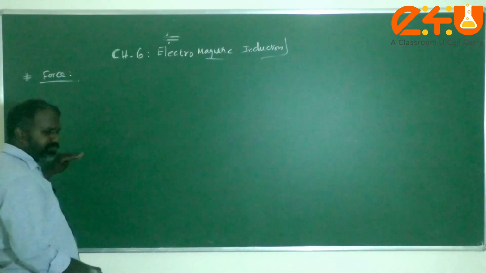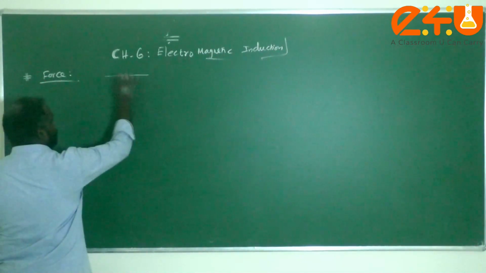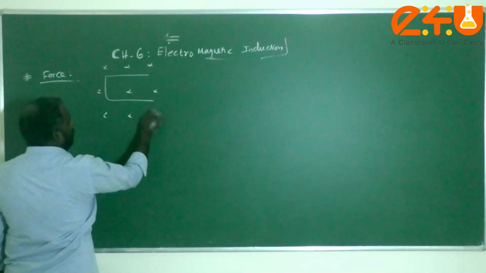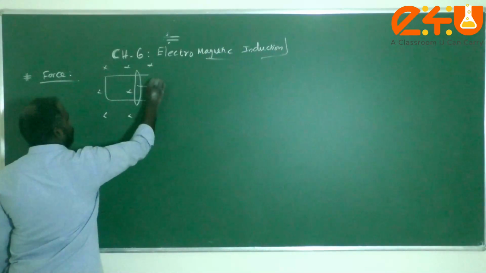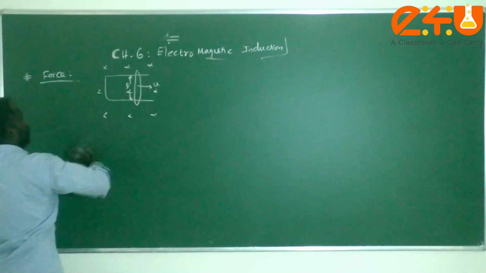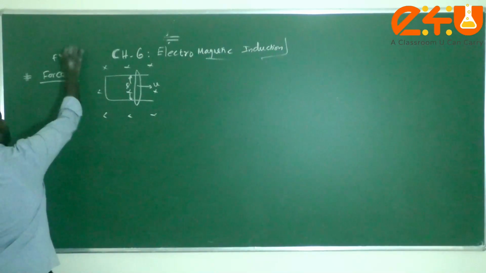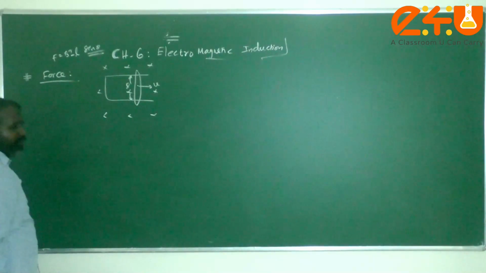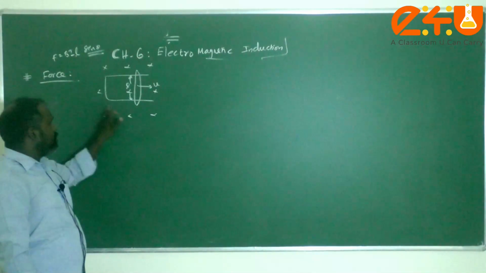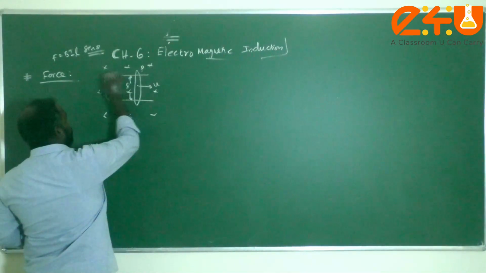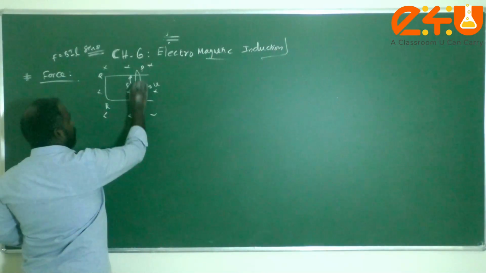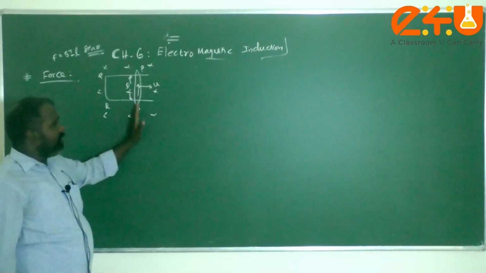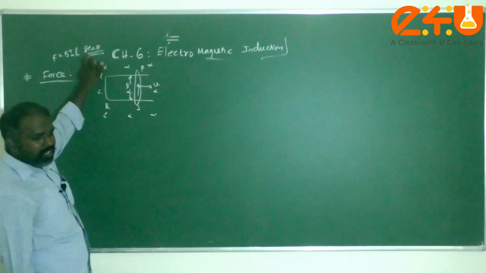Here, just consider the diagram. For your better understanding, it is the applied magnetic field normally inward direction, and this is the movable rod which is moving like this. This is L. So F is equal to BIL sin theta. Theta means the angle between the current element and the magnetic field. The current is going in this direction, say this is P, S, Q, R, S. Suppose the rod is going outward. Then the magnetic field is inward and the current is perpendicular to that. Therefore, sin theta value is 1.